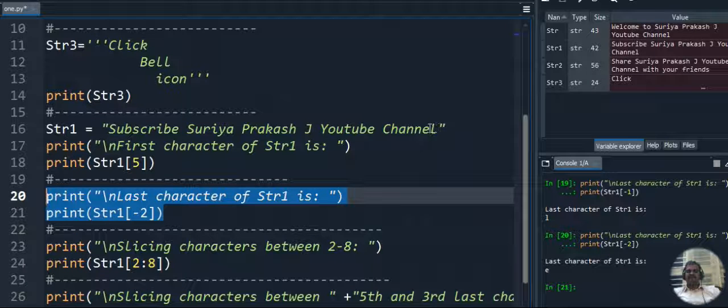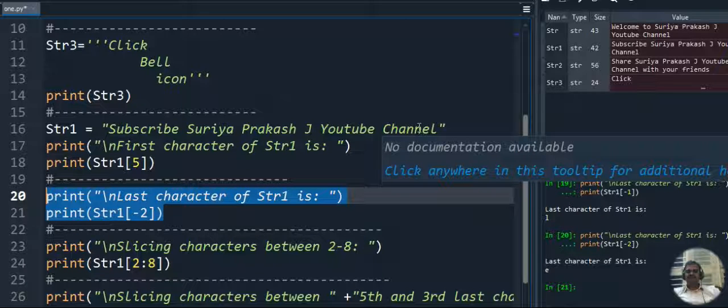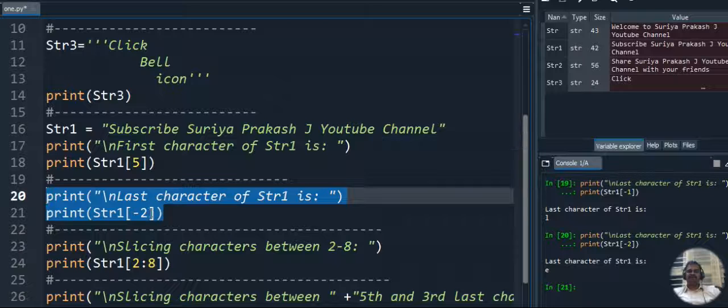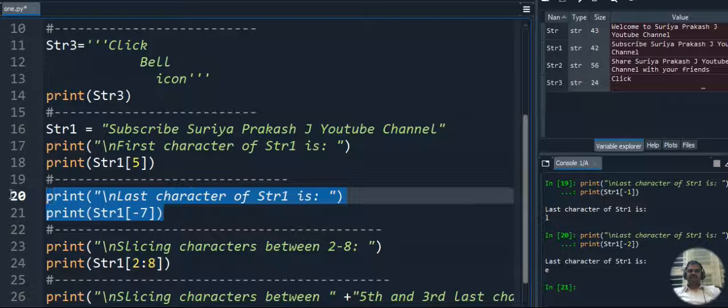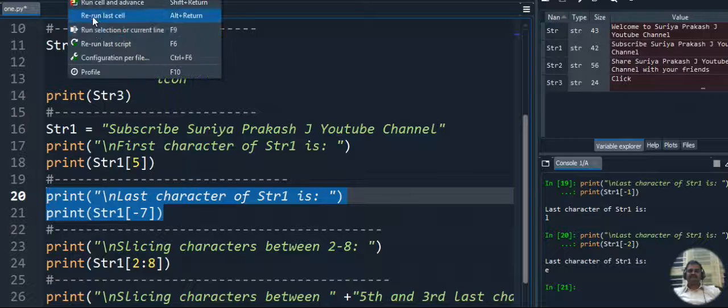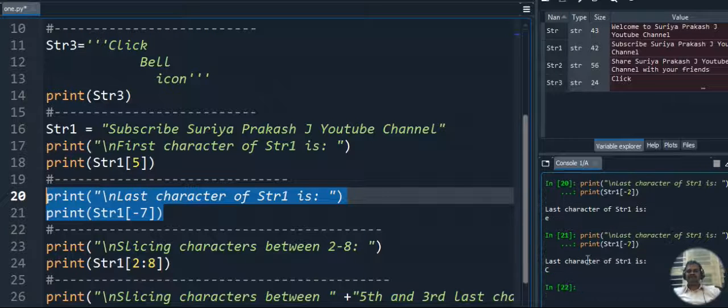So str1 of -2 is E. Okay, -3 will be N, -4 will be again N, -5 will be A, -6 will be H, and -7 will be C. When I am giving -7, it will display the character value C. Okay, let's execute this code and see the output. You can see the output C because I am giving -7. So from the last, the 7th character is retrieved. The 7th character is C, so that will be displayed as output here.